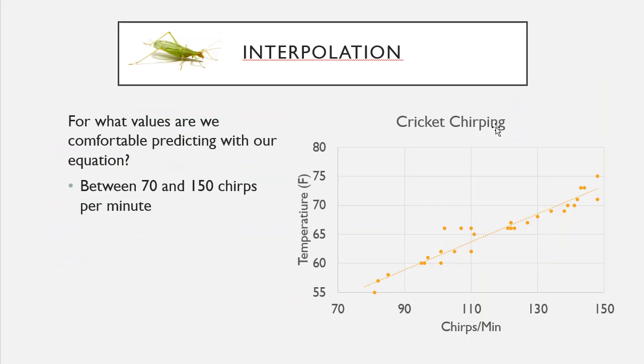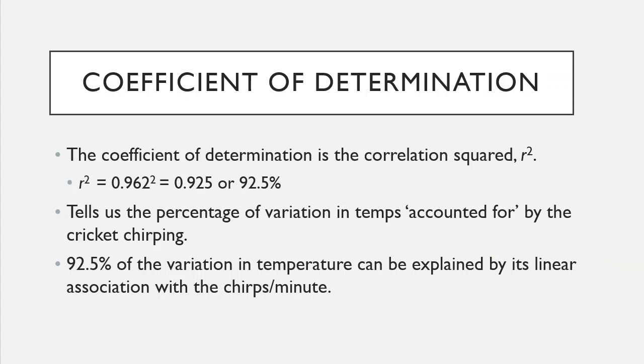Okay. And so when would you interpolate? Between 70 and 150, that's where the data is, so that would be the reasonable range to do prediction. Finally, the coefficient of determination: because the R value was 0.96, R squared would be 0.962 squared, which is